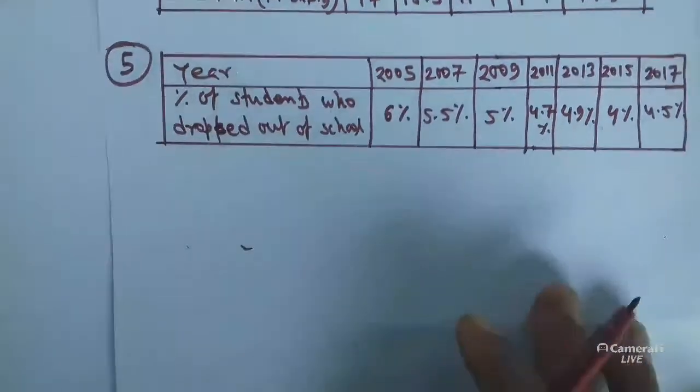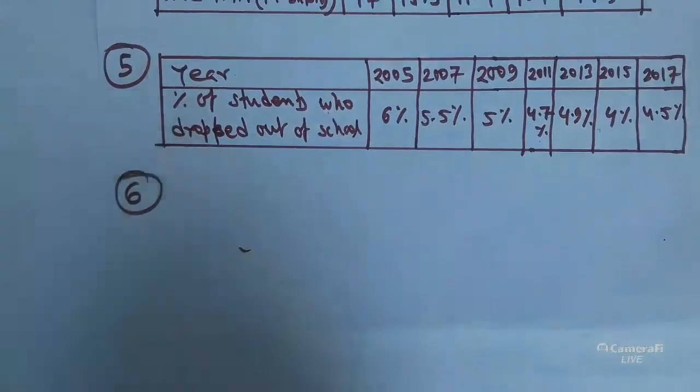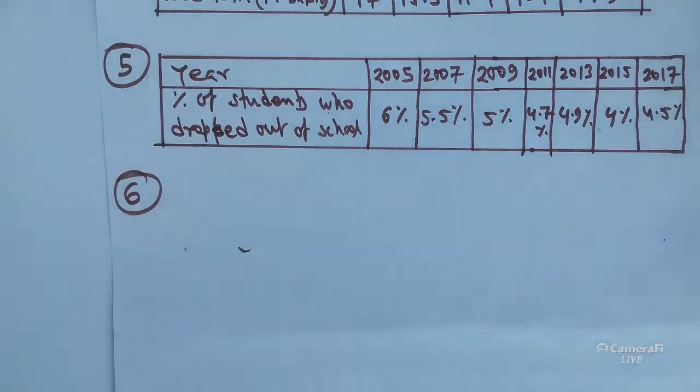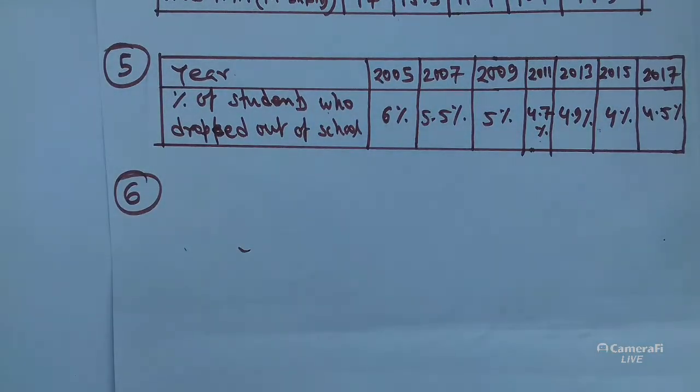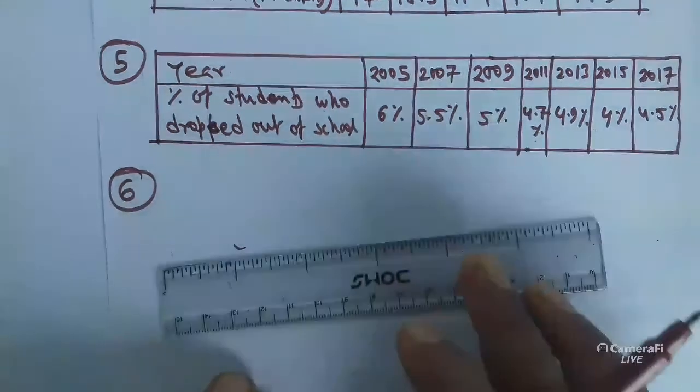Now next, problem number 6. It is given that the following chart gives the growth in height in terms of percentage of full height of boys and girls with their respective ages. Study the table and draw the line graph of the data given below. So here two different data is given, one for boys and one for girls. So let me draw the table first.